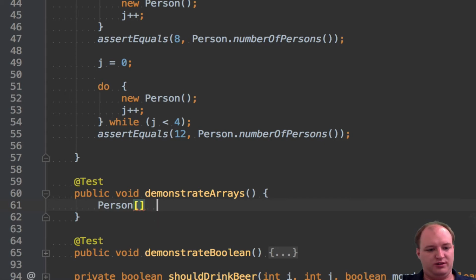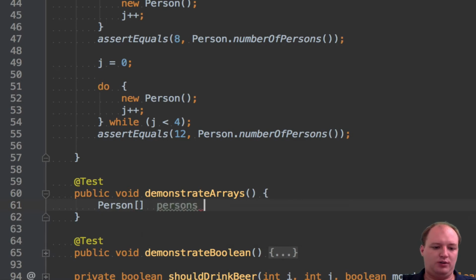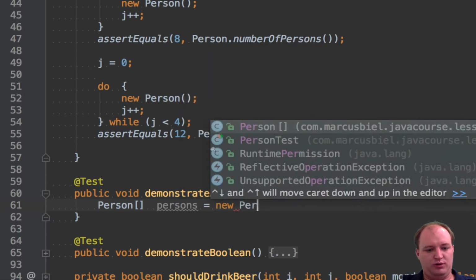And because this container will hold a number of persons, I will call this variable persons. Okay, and now I say new person,